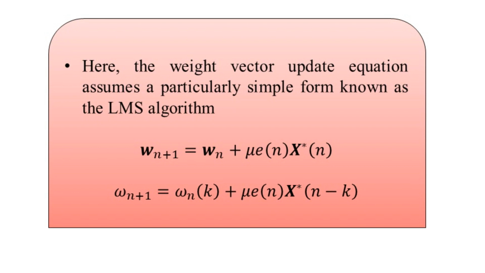Therefore the LMS adaptive filter, LMS standing for least mean square, having p plus 1 coefficients requires in general p plus 1 multiplications and p plus 1 additions to update the filter coefficients here. So this was the required information with respect to the most popular but simplest topic of adaptive filters called the LMS algorithm.